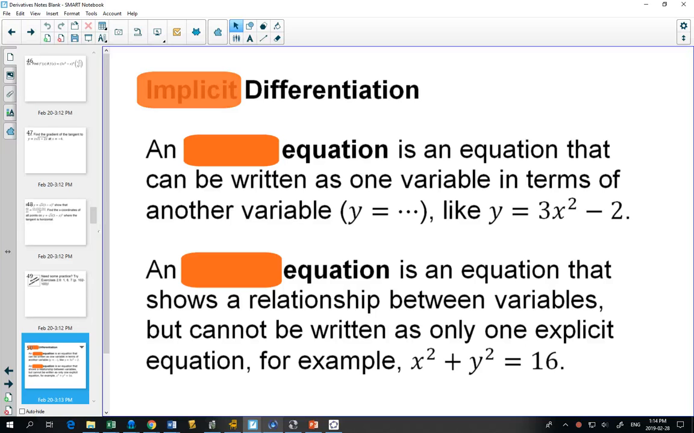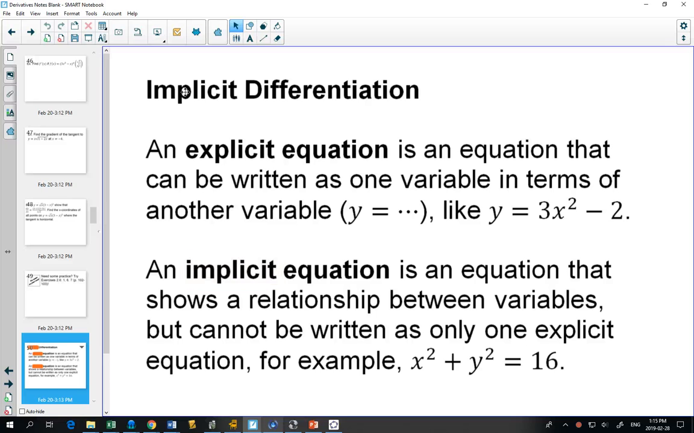What we're going to look at today is something called implicit differentiation. An explicit equation is an equation where you can get y all by itself, written as one variable in terms of the other variable. So I can get y equals 3x squared minus 2 as an explicit equation because I have y in terms of x. However, sometimes you have an implicit equation